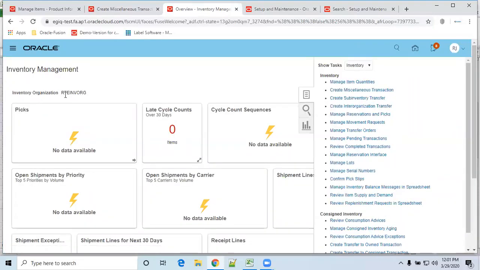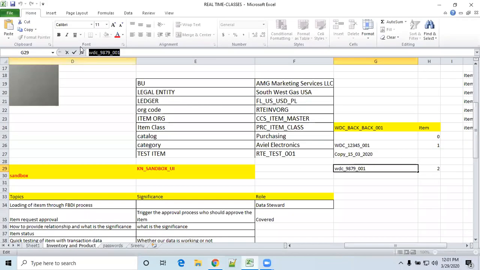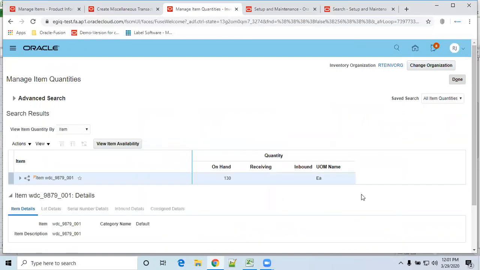So now my inventory is the same. Now I want to verify what the current on hand is for this same item. Click on search. Now how much is it? 130 each. So here UOM is each.